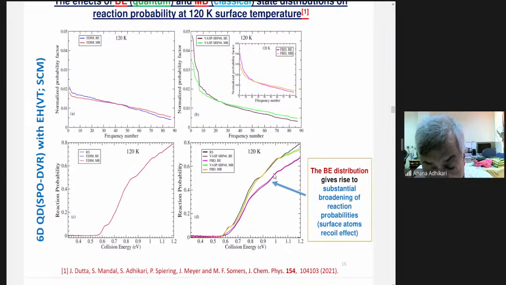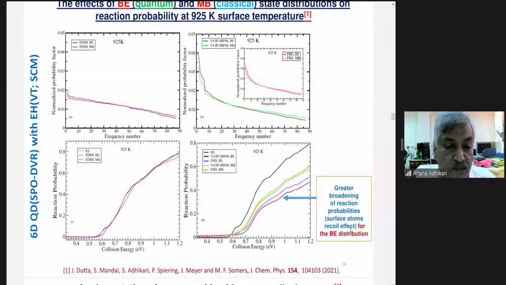accurate, and within 1 electron volt, you can see there is a strong broadening when you consider the vast frequency of the surface mode, and when you consider the Bose-Einstein distribution of those modes in their initial state distribution. Okay, so the surface mode really gets recoiled. There is a recoil effect. Okay,